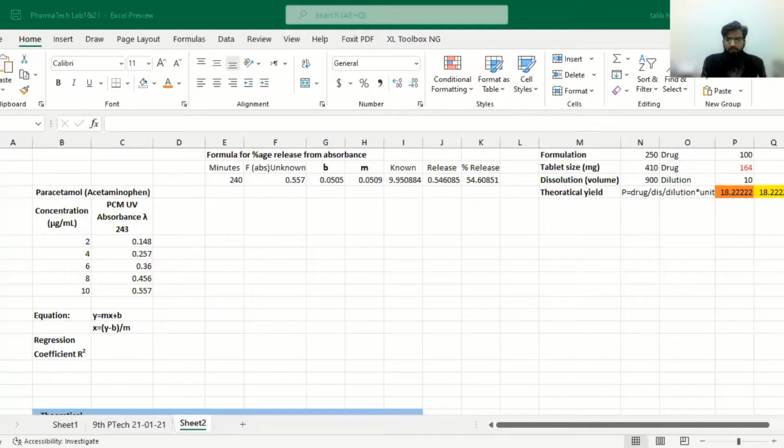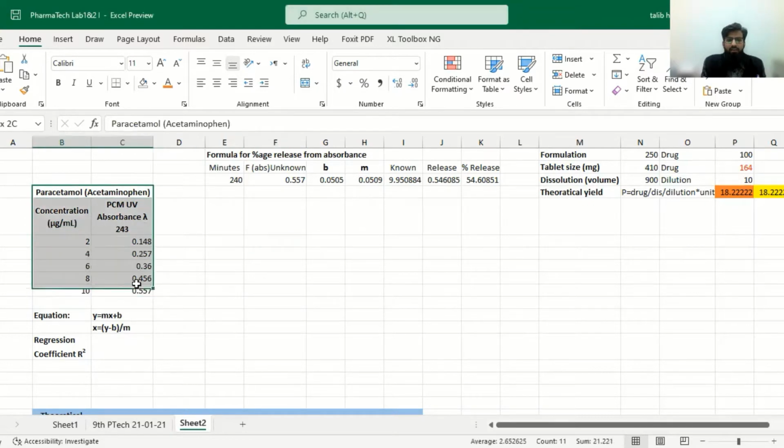So we will start from the calibration curve. Okay, here is a sheet from which we can take some data. First of all, I can explain from where we got this data. We prepared, if you can see here, some concentrations, some dilutions, by using a fixed